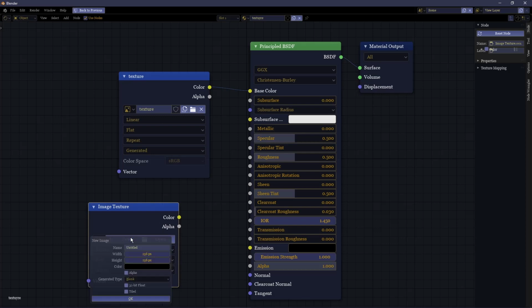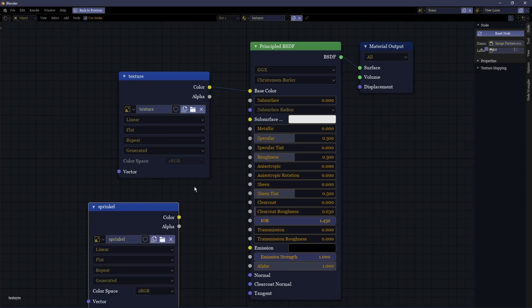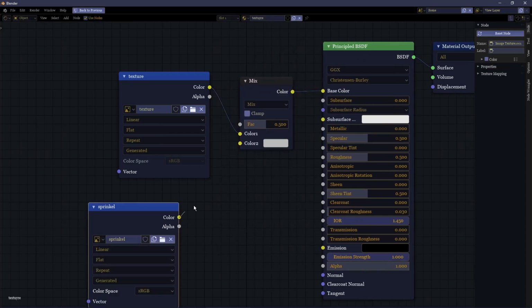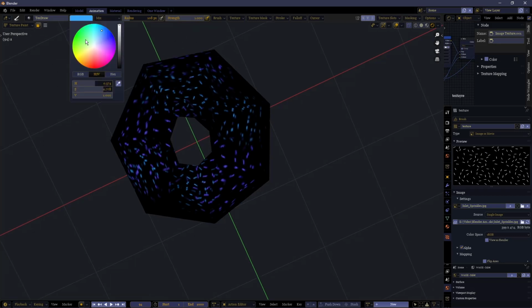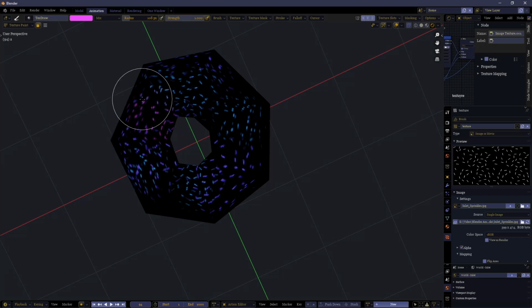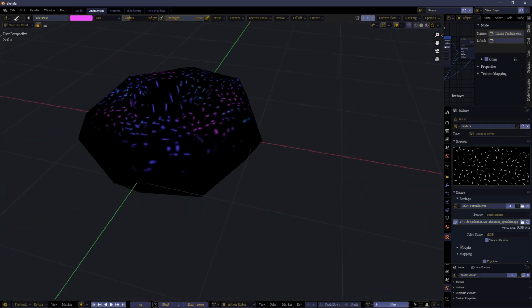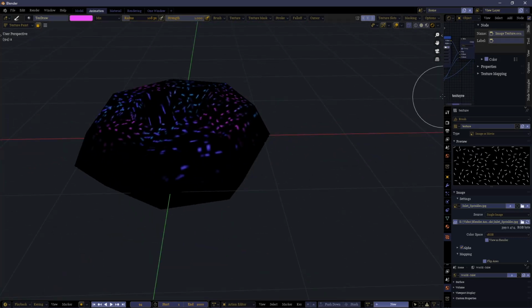Following what you can see on the screen, you go to your node editor and put forth your sprinkles there, which you will then connect after you've, of course, named it properly so it would know where to find into this mix node, into which you would be able to blend the things together, so you would have this alpha layer. Of course, you have to paint them on top so it would know where it is.